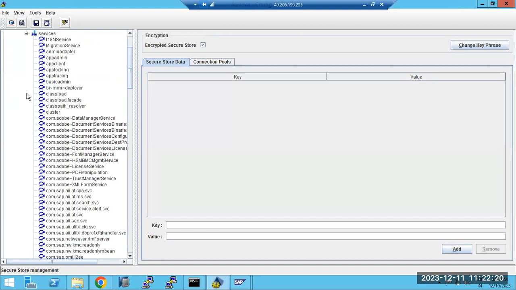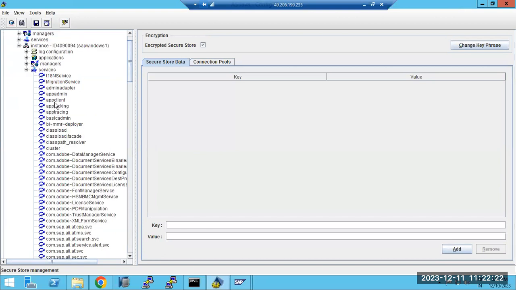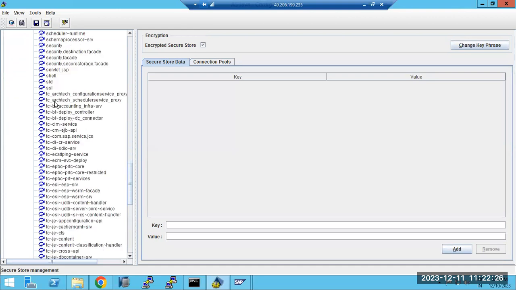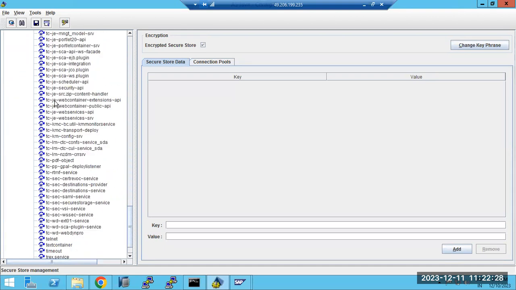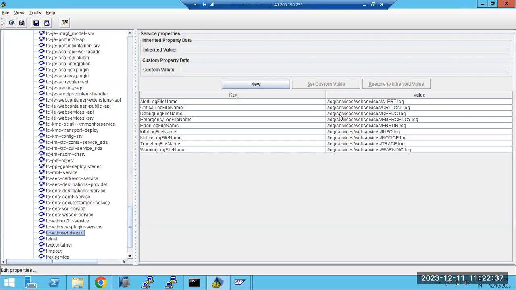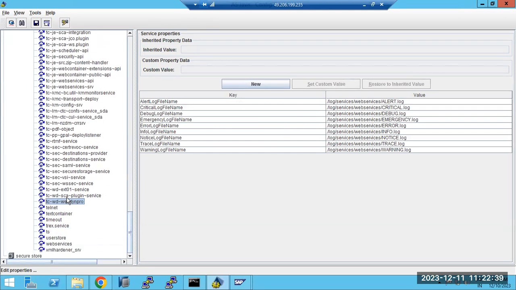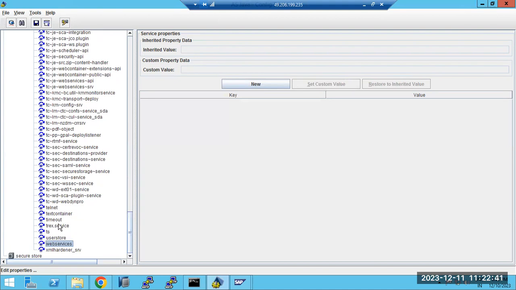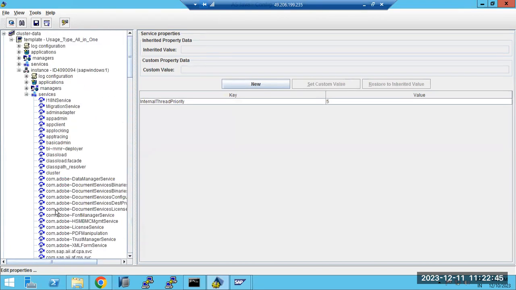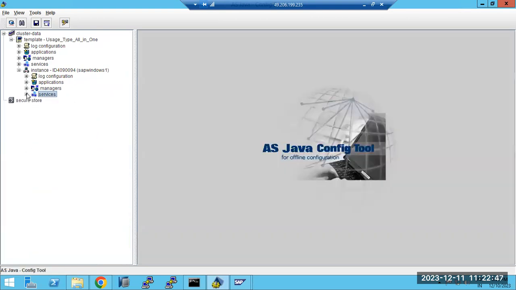This is service related. All the Java level services are there, and each service's related files and properties are available here. If you want to change anything, we can change it here. We can change all the properties, log file locations, users, everything from here in the config tool. Apart from that, if we go here,